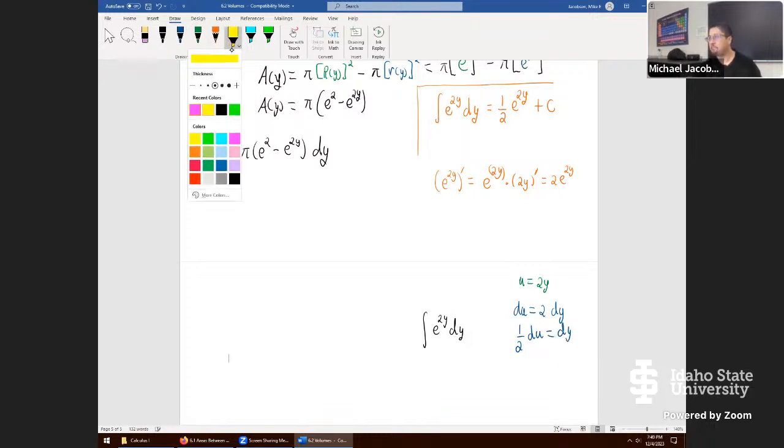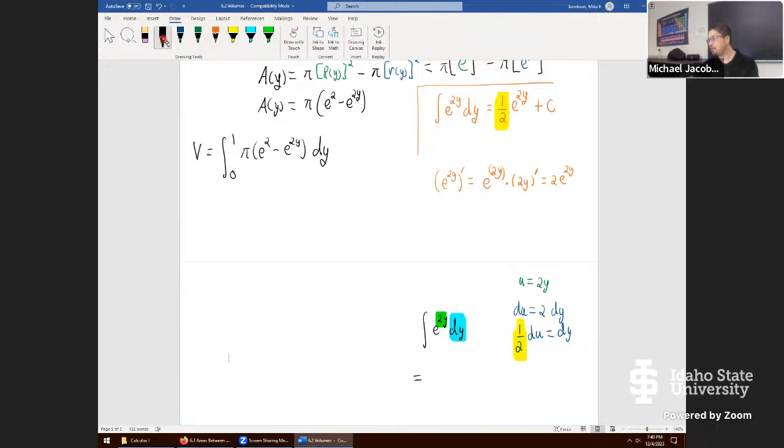And this highlights finally why this shortcut's taken so much. Dividing out the 1/2 is the same exact thing we did up here. Down below, we're just doing it with lots of extra steps to see it in a different way. So this whole dy is replaced with 1/2 du. The 2y is replaced with u, and this turns into